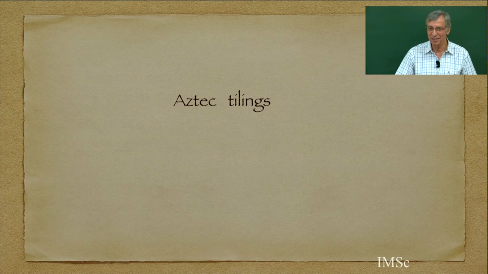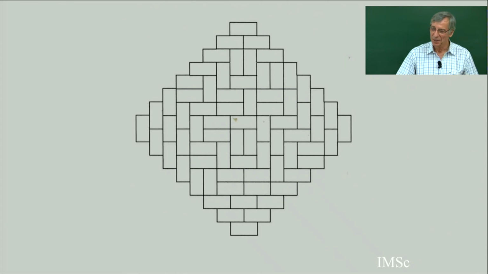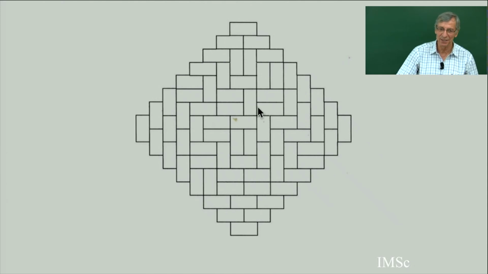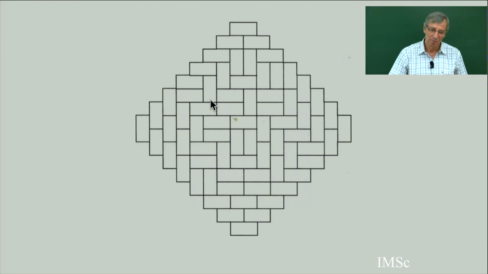now the famous Aztec tiling. So this is the Aztec diagram. You see, when you cut by a horizontal line in the middle, it's like an Aztec pyramid. The external shape is like an Aztec pyramid, and you have a lake in front of your pyramid, which reflects the pyramid in the lake, and so you have the reflection of the pyramid, and the tiling of this diagram is just a tiling with dimers. All the dimers are two by two disjoint. But everybody knows what a tiling is. I did not define what it is, but the tiling of